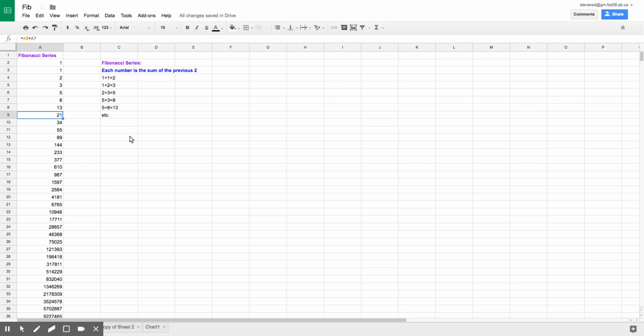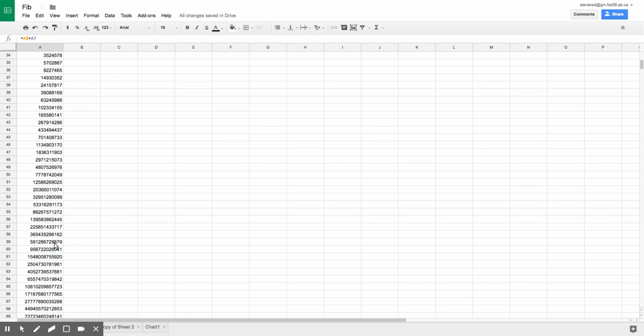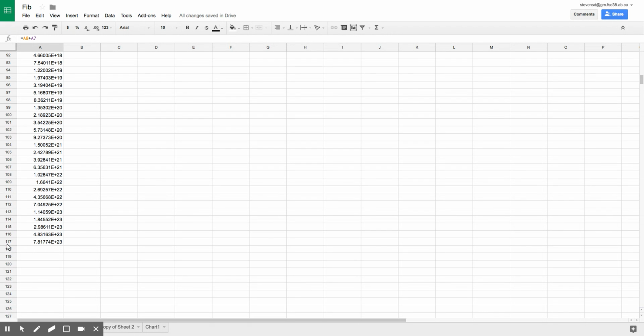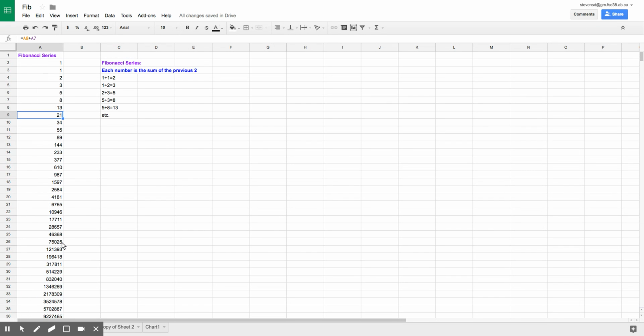Now, what's interesting about this is that even though this series goes on forever, it moves into really gigantic numbers really fast. Just by row 117, I'm already up to 23 digits. The quotient of each consecutive Fibonacci number actually starts to become a constant value. So if we take a look, for example,